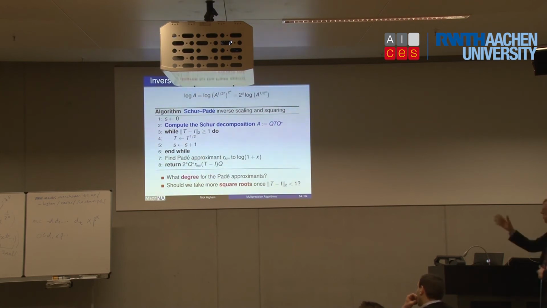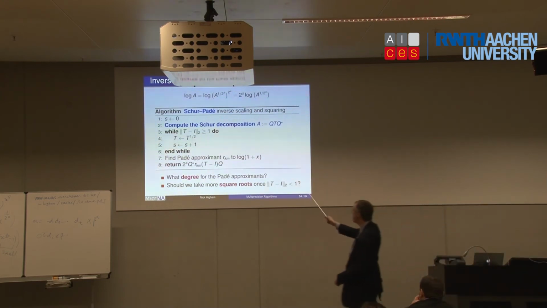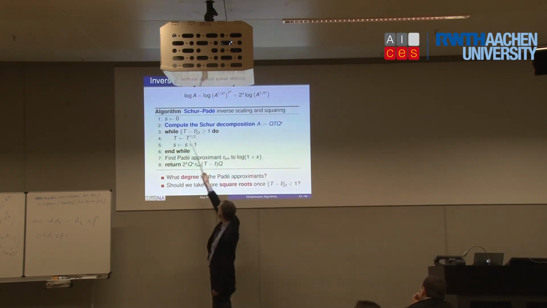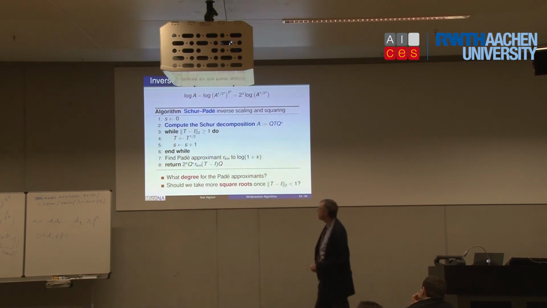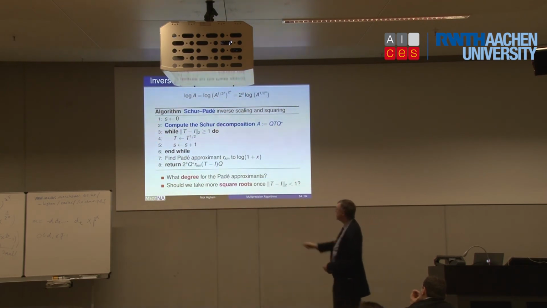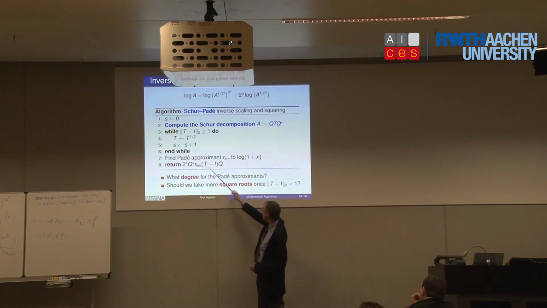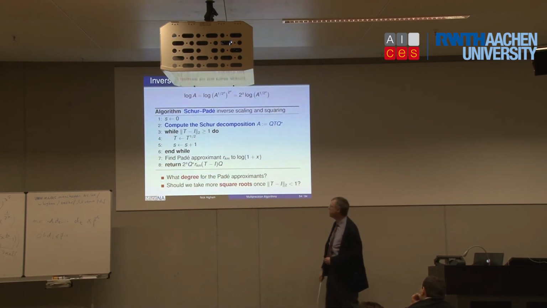So this enables us to now work with triangular matrices, because the Q's log of A is just Q log of T Q star, so essentially the Q's just disappear from the formulae. So the square roots are now of triangular matrices, and there's a nice way of computing the square root of a triangular matrix with a finite recurrence. And then at this final stage, we're now working out the Padé approximant at a triangular argument, which again is easier to do, it's more efficient.